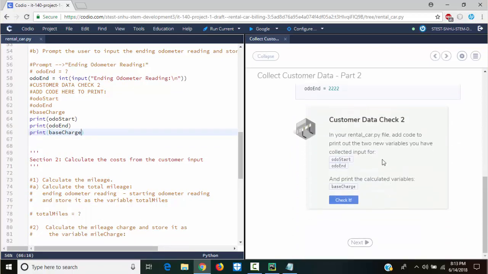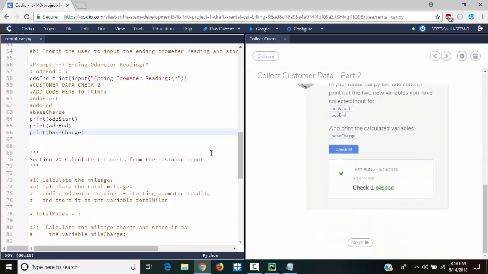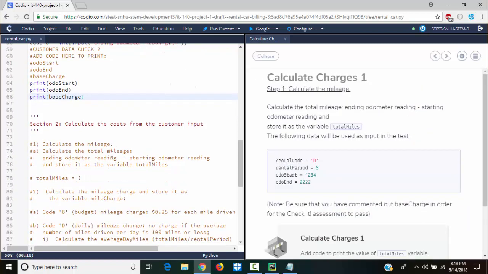So let's check it. Yo! Thank God this worked. Okay, good. The next one is calculate the mileage. Calculate the total mileage, which is the ending odometer reading minus the starting odometer reading, and store it as the variable total miles.